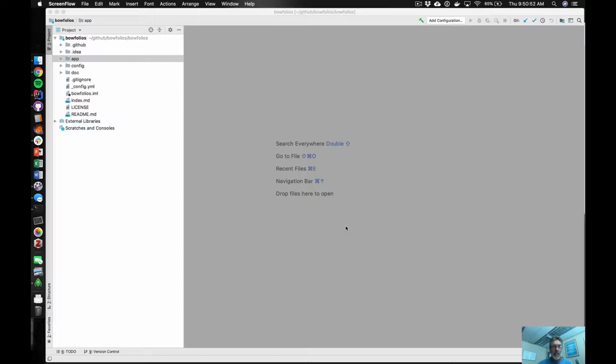In this screencast, what I want to do is take a really quick overview of the application structure and a little bit on the control flow. For the most part, the application structure of Bowfolios is quite similar, or is based upon the application structure of Meteor application template React. So definitely check out that system and the accompanying video for maybe a little bit